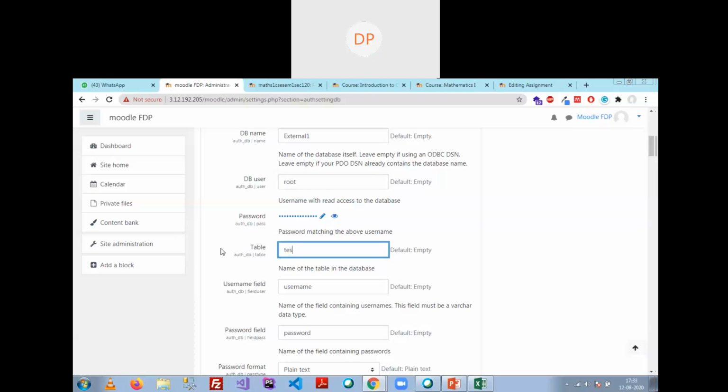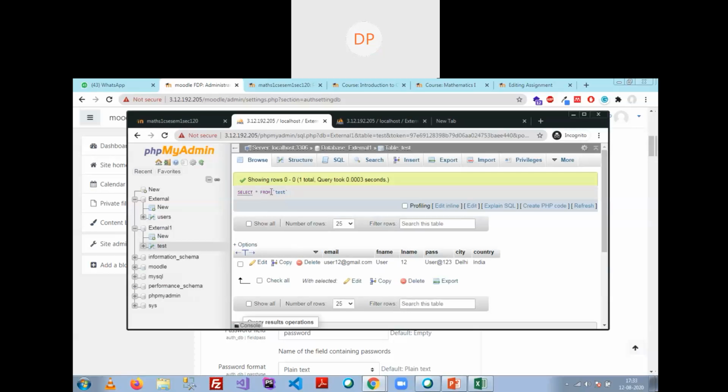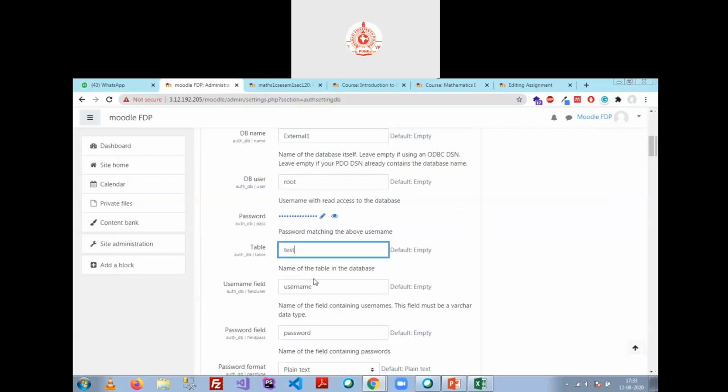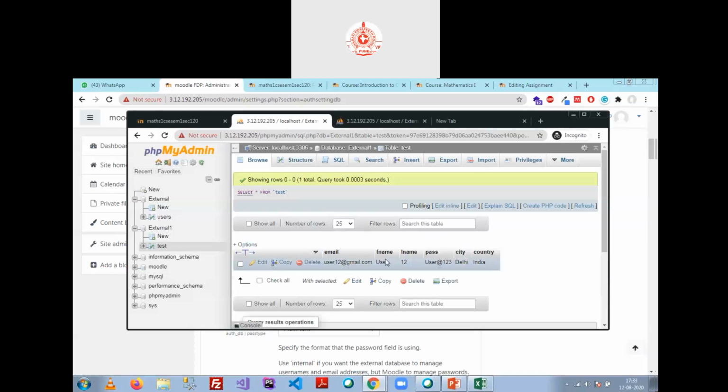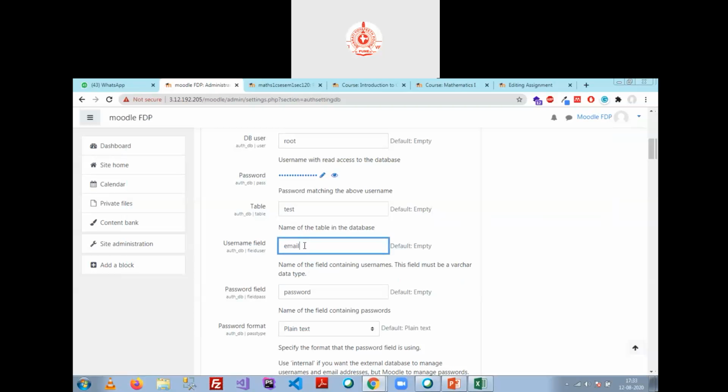Table name is test, which I created here earlier. Okay. Username field, there is no username field in my table, as you can see. So I suppose that this email should be unique for every student, so this email may play the role of the username. So I can just change it to email.